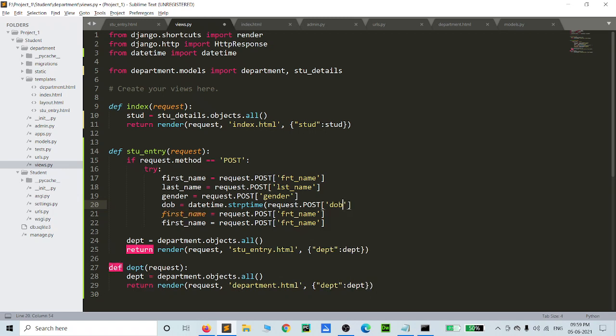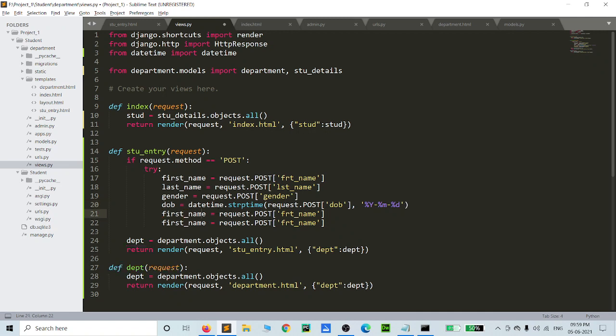After that we can add the format like that: the year value, then percentage of month and percentage of date value.